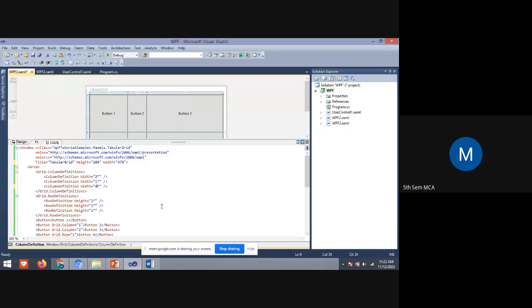Students, can you observe the changes? So now the width of button 1 is 2, button 2 is 1, and button 3 is 3.